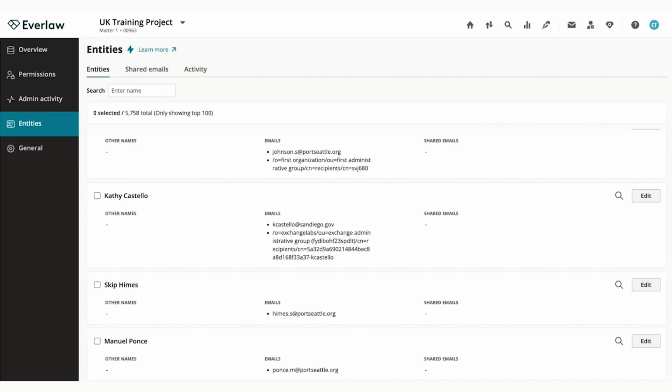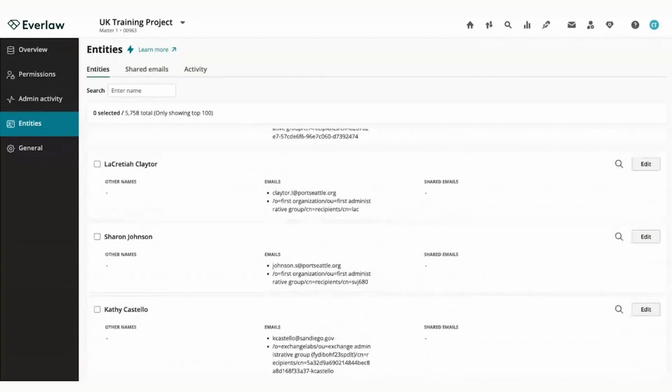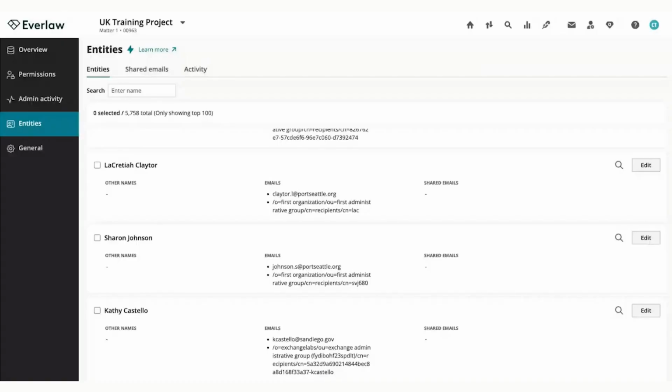I mentioned a few different things that you can do here. So you can merge, you can edit, and you can mark as shared. We're going to look at merging first. I just showed you how to search for particular things, and I'm going to go ahead and say that